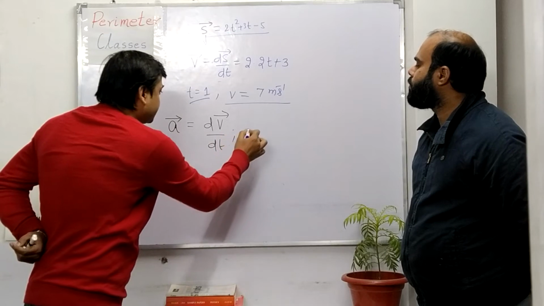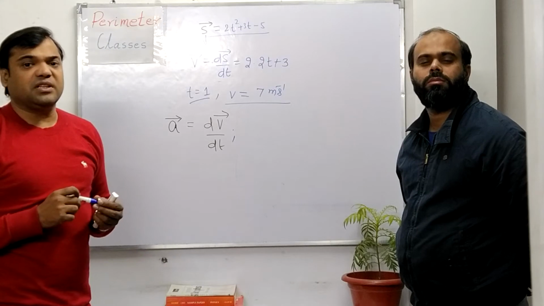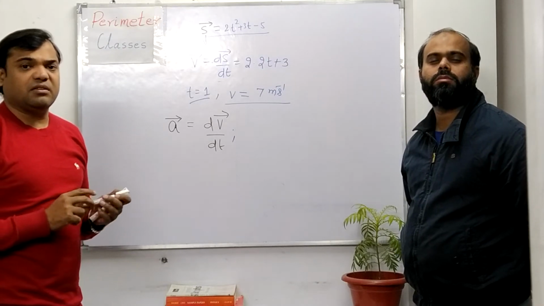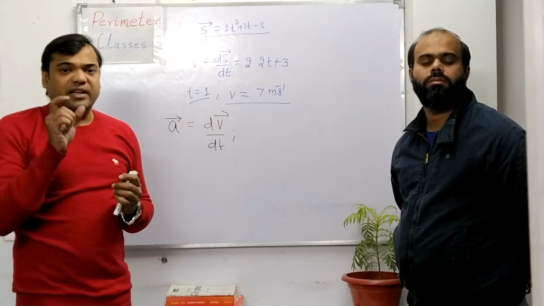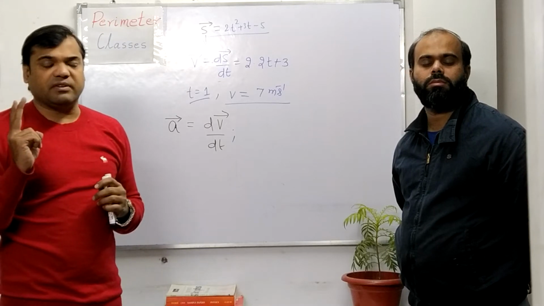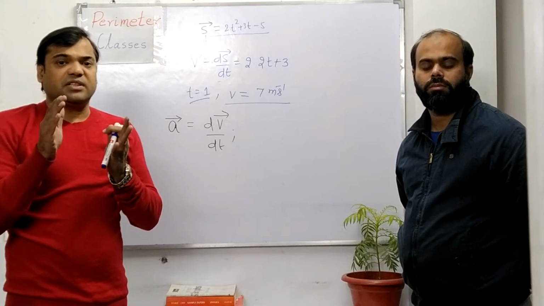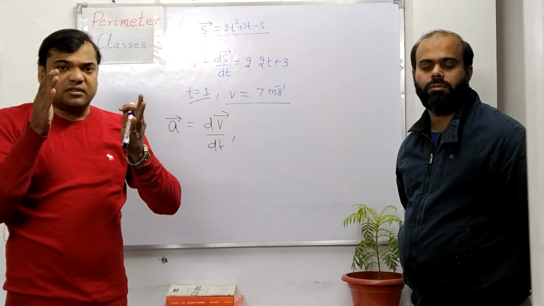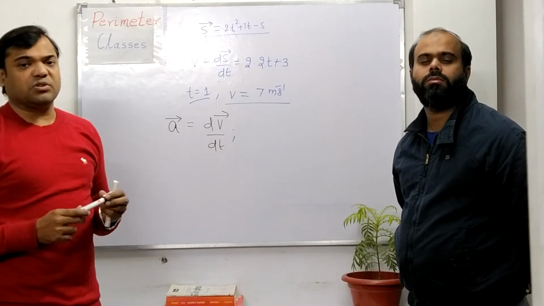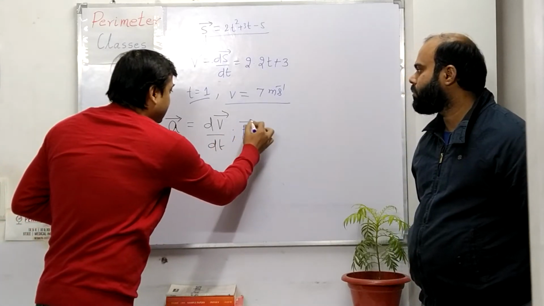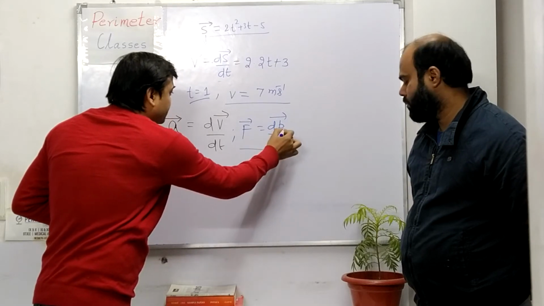And similarly, in 9th class you must have learned the definition of force using Newton's second law. What is Newton's second law? It simply says that force is change in momentum upon time interval. So again, F can also be defined in two different ways. One is the average force and one is the instantaneous force. The average force is difference in momentum over a finite time interval upon time interval, while the instantaneous value of force is simply F can be written as dp by dt, and this is the rate of change of momentum